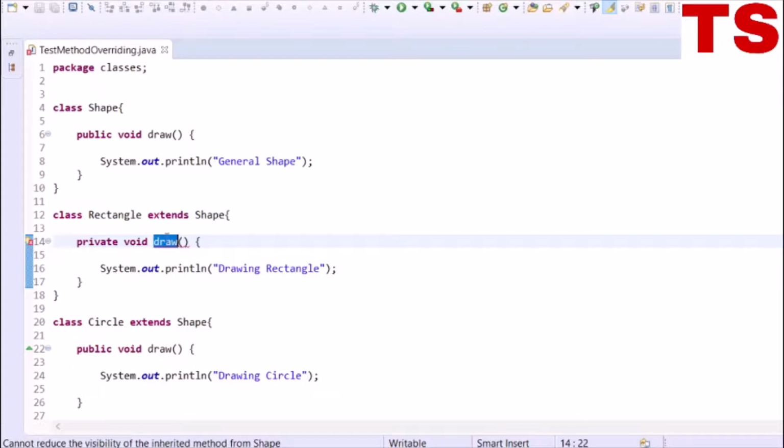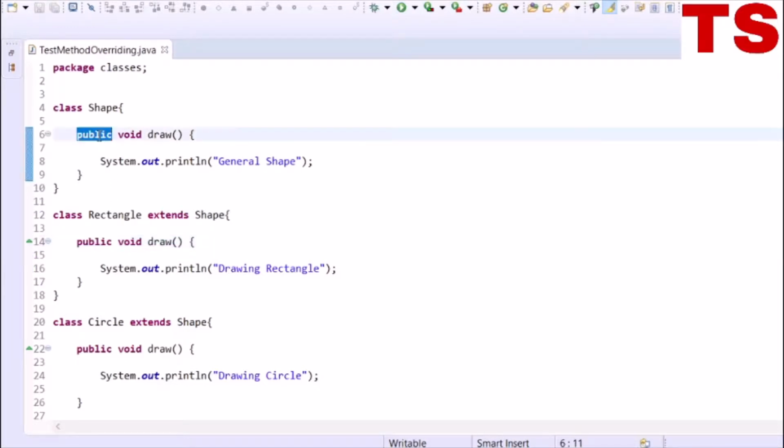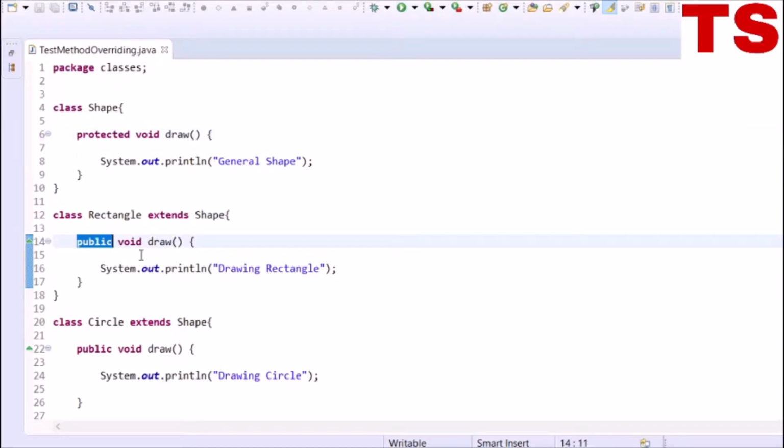So the access level cannot be reduced when you are overriding a method, but you can increase it, or make the access level more visible in the subclasses. For example, if I make it protected, in the overriding methods it can be made public.